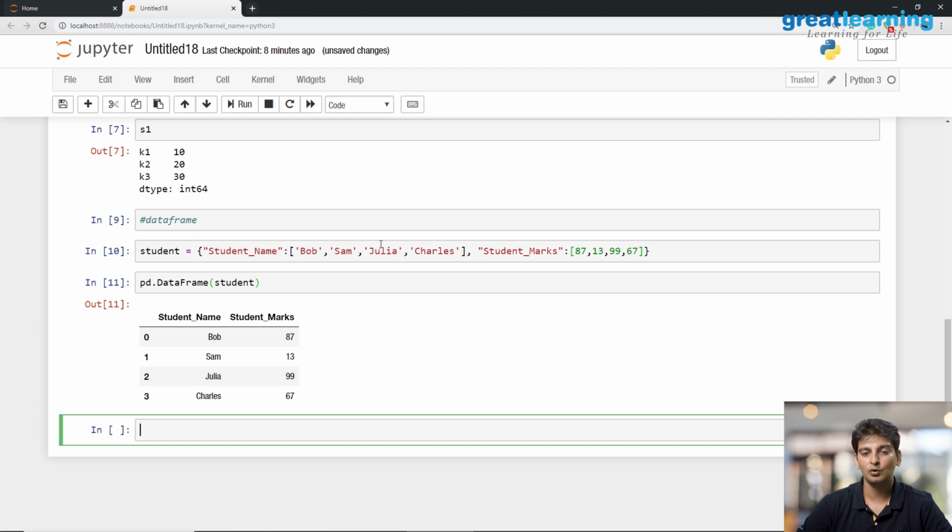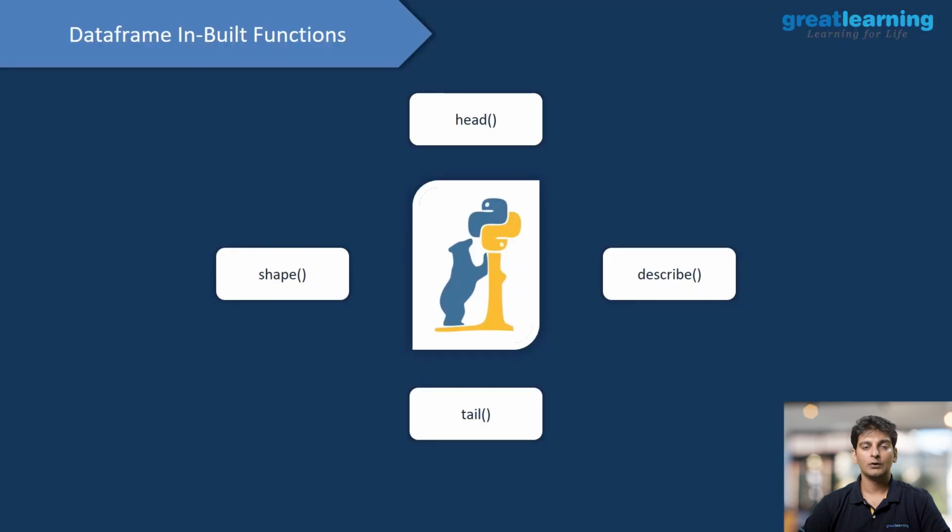So Bob, Sam, Julia, and Charles are the list of values or the row values for this key student name, which is the column name. Similarly, 87, 13, 99, and 67 are the row values for this key student marks. So now that we know how to create a data frame, let's go ahead and perform some inbuilt functions on